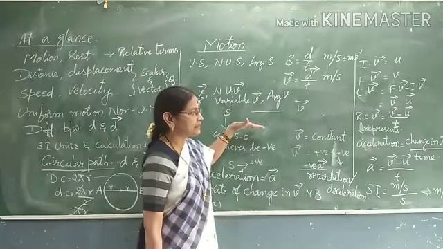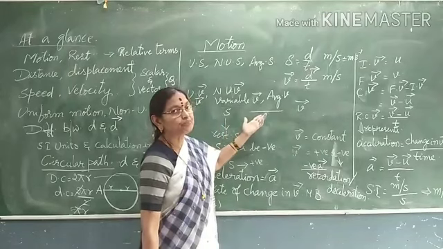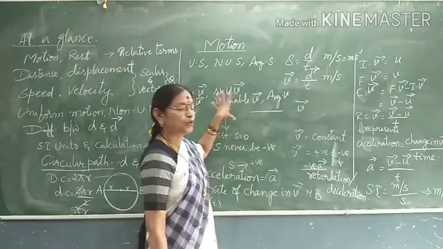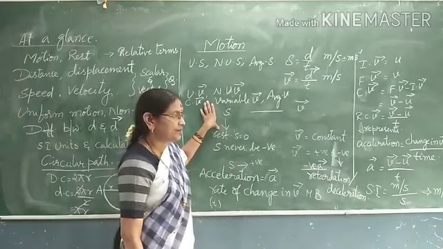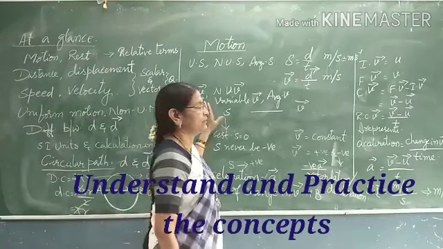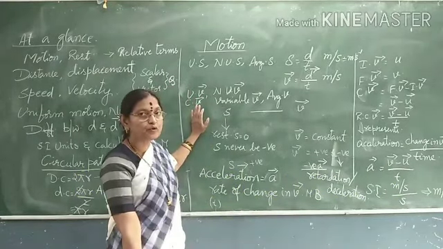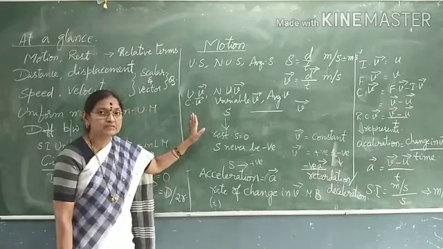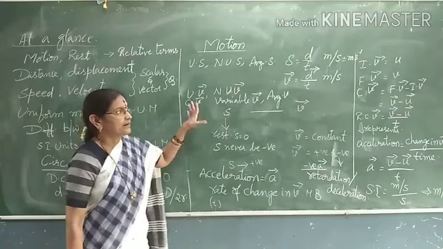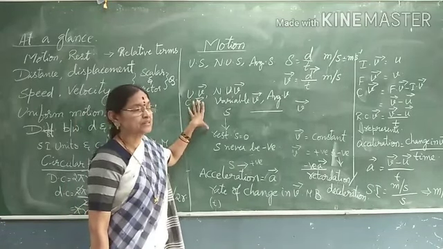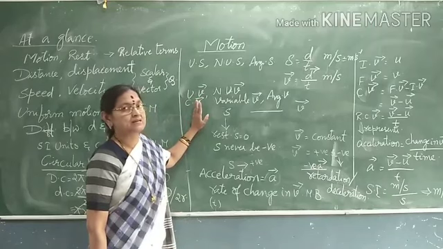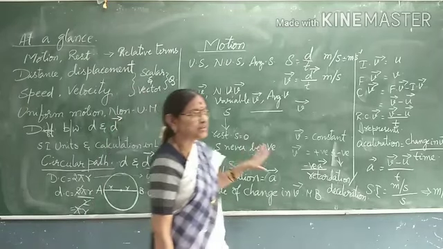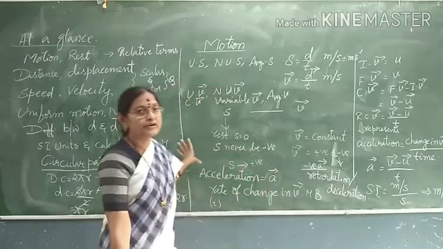Till here, what you have learned, recapitulate again and carefully observe the board. Note down what I am writing on the board while teaching. It is not all clearly given in the textbook, so note down in your notebook. Notes will be given for this, but also running notes must be submitted. Write down and go through it daily, so that if you understand this first chapter very well, all the other 4 chapters will become very easy, because we are going to use equations of motion in 9th class till the sound chapter. Have you understood, children?